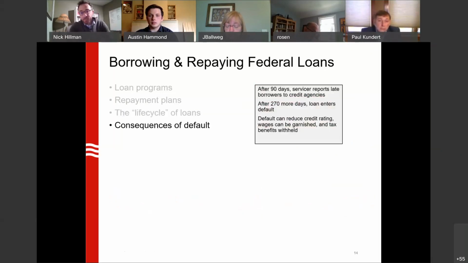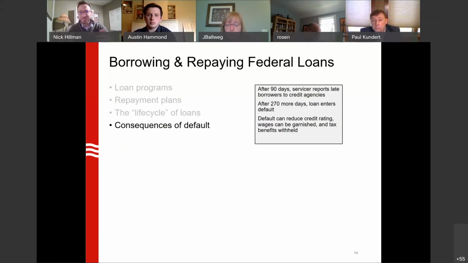There are many consequences for defaulting on a loan, and some of the future data points I'm going to throw at you here, we'll talk about loan default. But basically, once a borrower leaves college and starts repaying their loan, if they get behind after 90 days of not making a payment, their loan servicer could report them to a credit agency. And again, experts who are more familiar with this can weigh in and give some nuance here. But 270 days after that, the loan will enter into default for these federal loans. And the consequences of default are varied, but primarily it reduces a student's, a borrower's